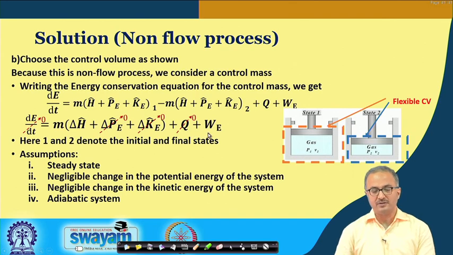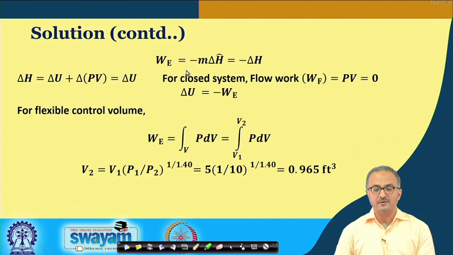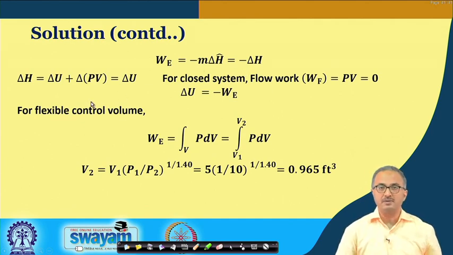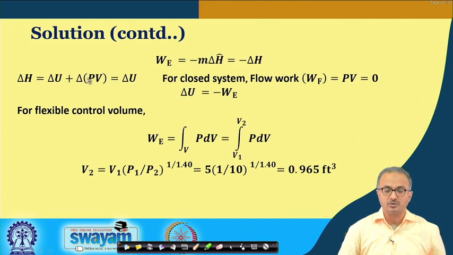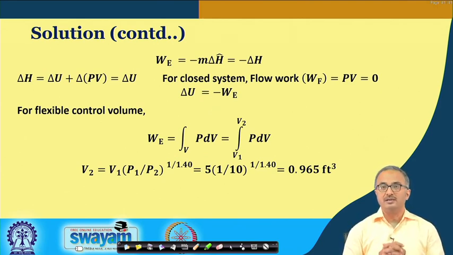So, what we are left with is only this enthalpy term and the work term. Now, here we find this is the particular expression for this, and because it is a non-flow system, the PV work that is associated with the flow work is taken to be 0. So, this delta H is essentially reduced to a change in the internal energy of the system, and as you know, the internal energy is expressed in terms of the temperature of the system.